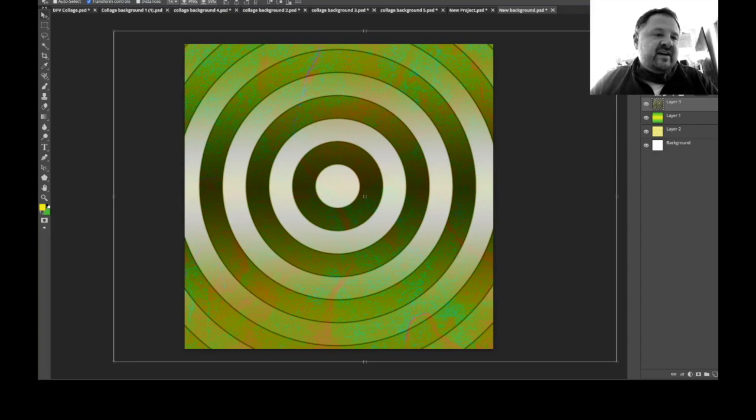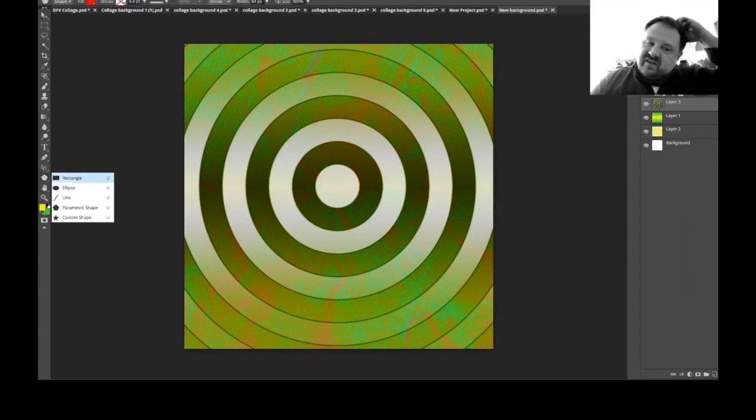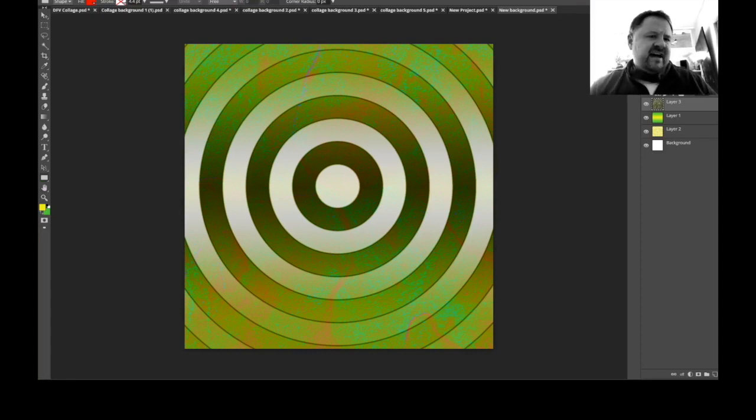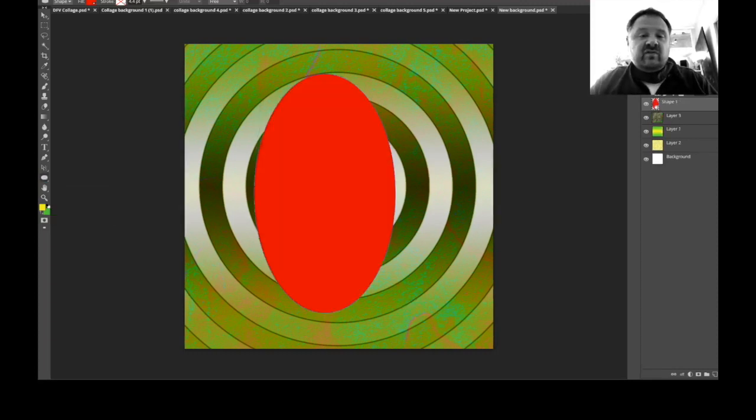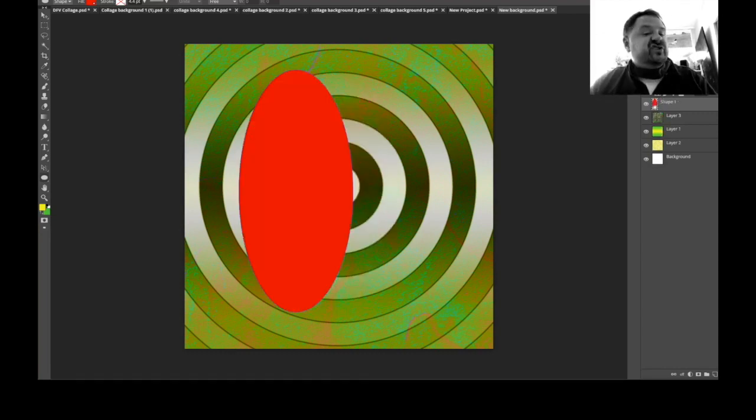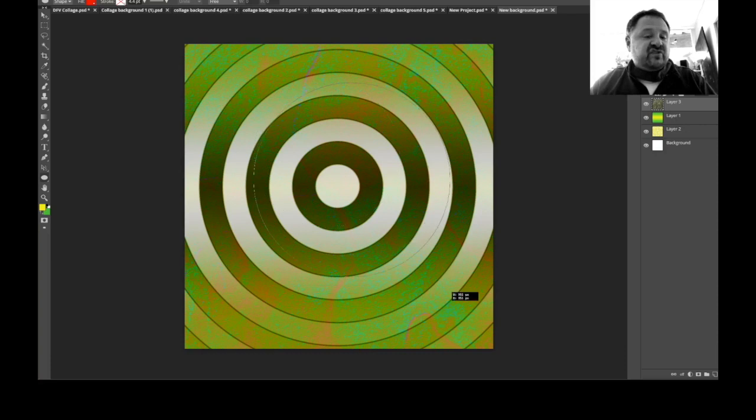My shape tool is right over here. You're going to see it as a rectangle on your menu. It's this little guy right here, and it just says rectangle. But if you hold down your cursor, there are other tools hiding inside there. So you have an ellipse, which is really a fancy way of saying an oval or a circle. So that is for making ovals. If you hold the shift key while you do it, it will make perfect circles. Okay,